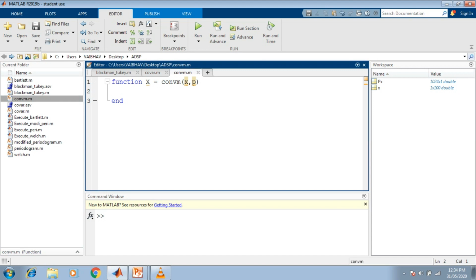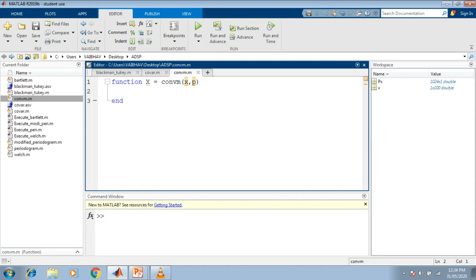So this function is supposed to generate a convolution matrix, and for the discrete time random process denoted by X, we expect the length capital N. So the order of the convolution matrix we consider this time is capital N plus P minus 1 by small p.